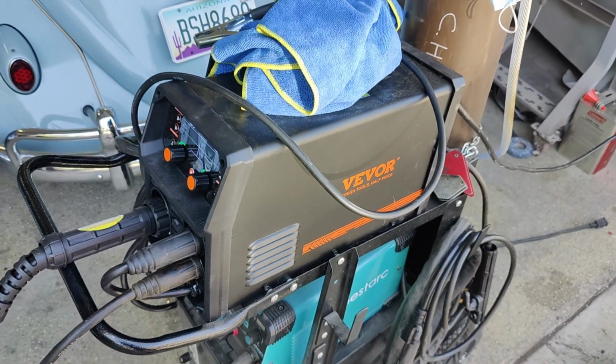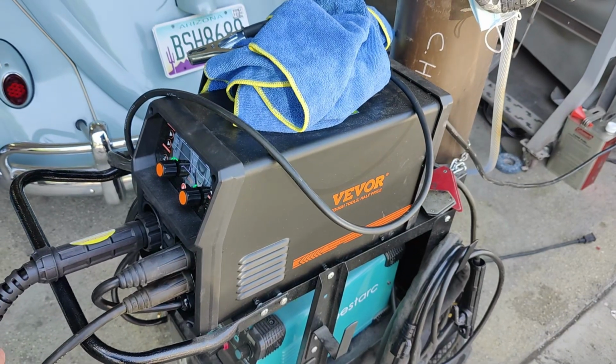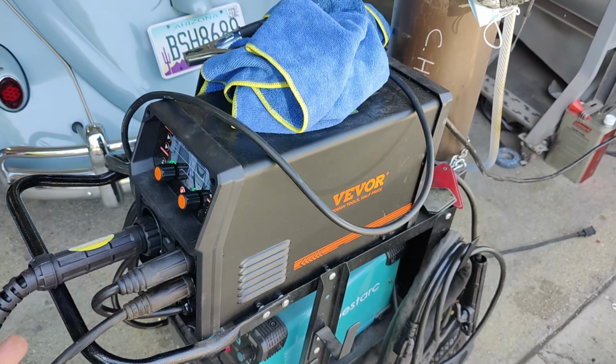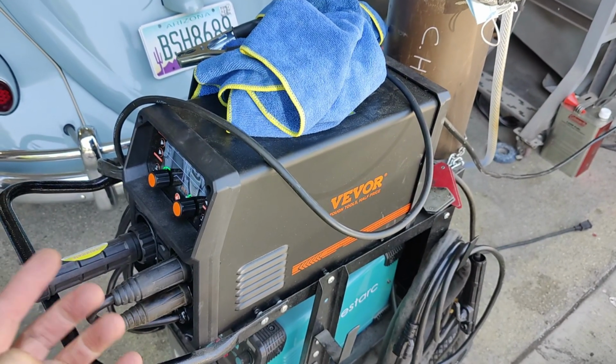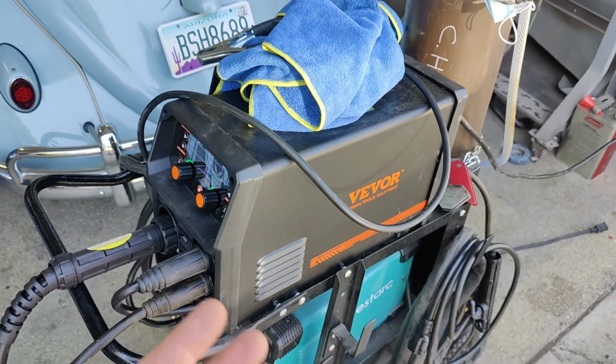anything in Harbor Freight. This beats the Titanium 140 hands down. I would say it beats the next one up from that, the 2170, I think. Definitely beats that one. And it's half the price or